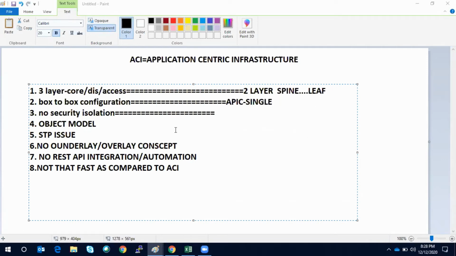So what happens in ACI when you create an object is nothing but a configuration. Let's say I create a policy, an object where LLDP is enabled. LLDP is enabled by default, but let's say I want a custom LLDP: transmit is enabled, receive is disabled, something like that. I create that customized LLDP policy, and I can use that configuration whenever and as many times as I want. So once you create that object, it is reusable.